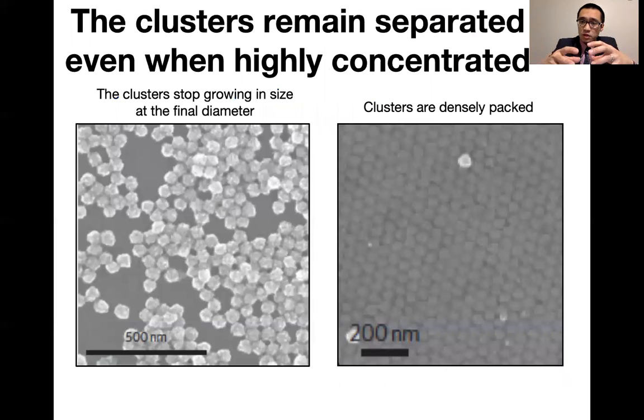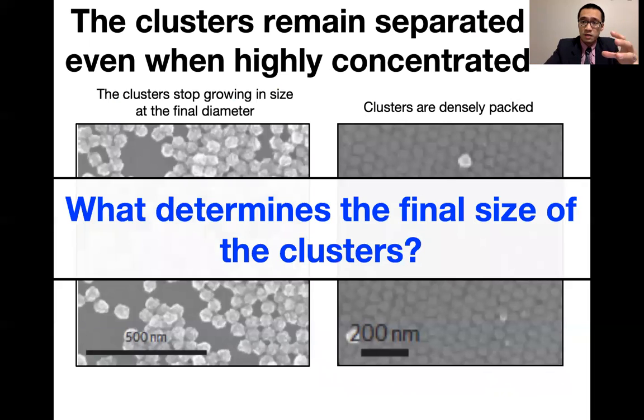Interestingly, those clusters do not coalesce or merge, even when they are highly concentrated, as would be expected if clusters formed really big to minimize their surface tensions. And the question we want to address in this study is how we can rationalize and understand what governs the final size of those clusters, and from that, predict how to control the final size of such kind of